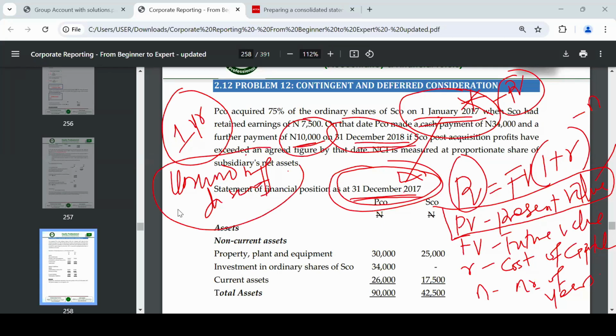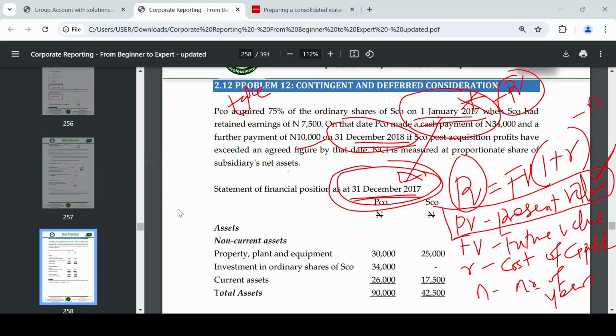To unwind the cost. Now, unwinding the cost simply means that I have only recognized at the date of acquisition the present value, which is an amount that is lower than 10,000. But what we are going to pay in the future is 10,000. So I need to take an amount that is going to represent an unwinding of the discount, which will be a current liability. Let us look at this solution because it seems like you may not understand what I'm saying fully,